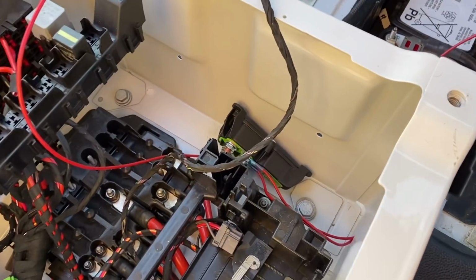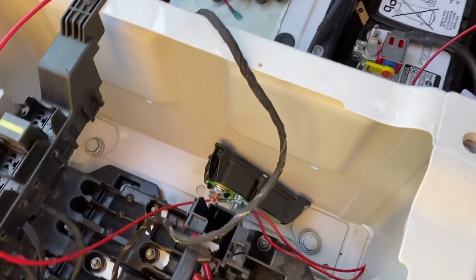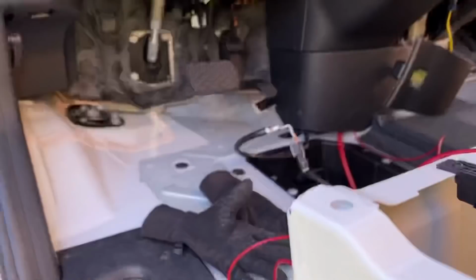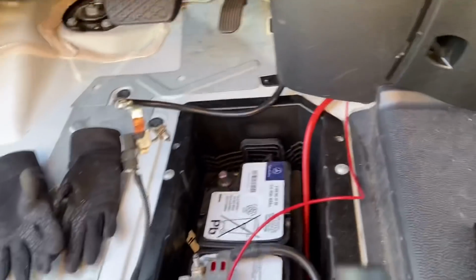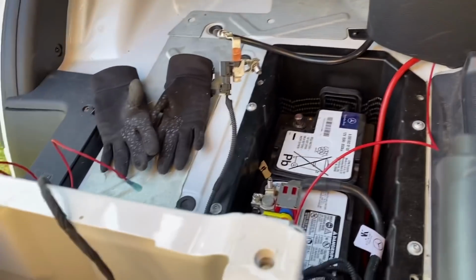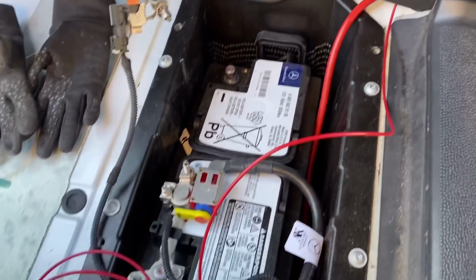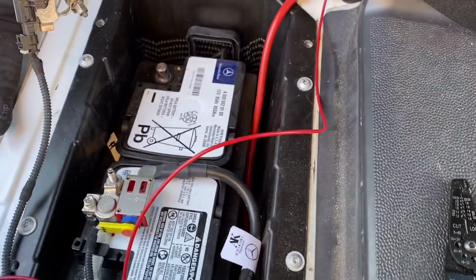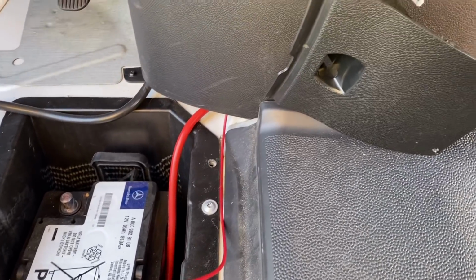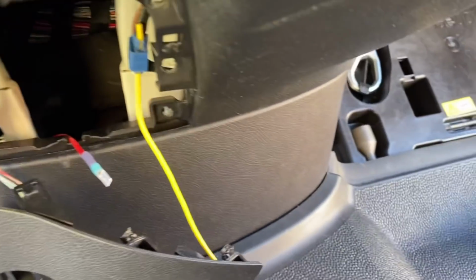The first wire that I'm working on is the ignition. Now I know that a lot of people connect this to the fuse box, which is right inside here. They get an out of fuse, they test to find a fuse that's only on when the ignition is on, and they do it that way. And I was fully prepared to do it that way until I was taking apart the wires from our old alternator charger and noticed that